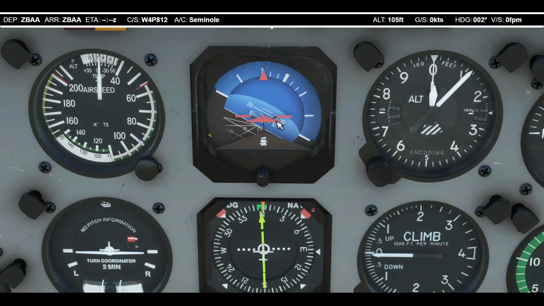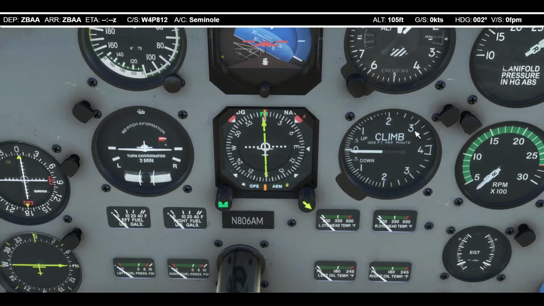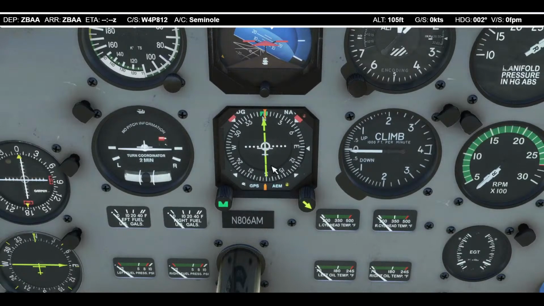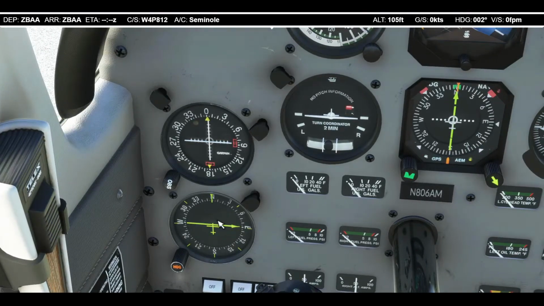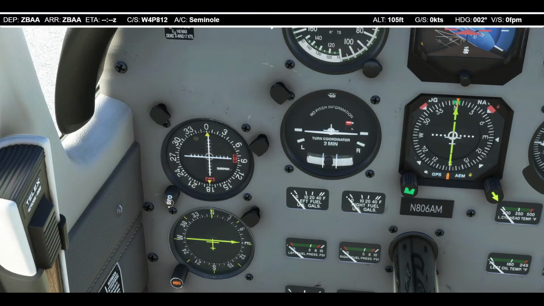We got the horizontal situation indicator, airspeed. So we got the altimeter, we got the vertical speed monitor, we got the compass, and with the heading bug, and it looks like we got the course setting. Here we have, this should be the ADF, I believe, automatic direction finder, and with this one, with the LBS,